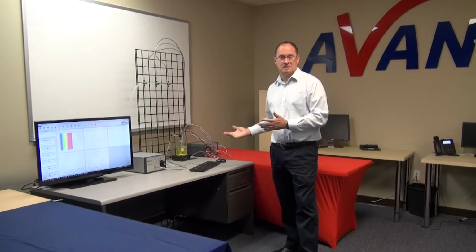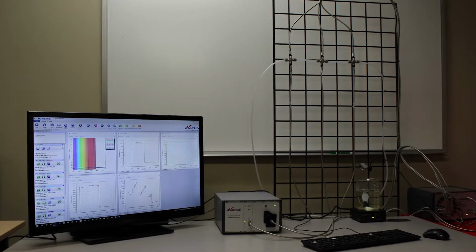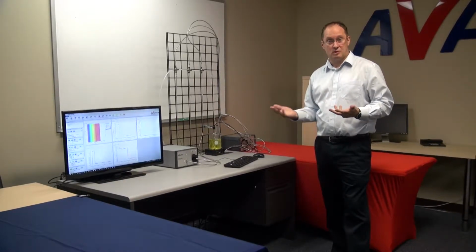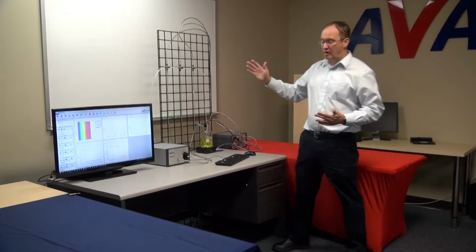I'd like to tell you a little bit about a fiber optic spectroscopy system that we have before us today. It's a very special configuration. It's a fiber optic dissolution monitoring system for a process monitoring application. This type of application would be particularly applicable to industries like the chemical industry, the pharmaceutical industry, where we're looking to monitor a reaction in process or a dissolution in process, and we want to do that over a variety